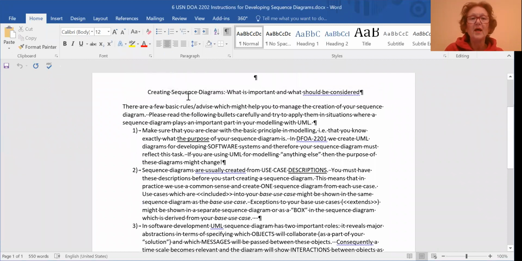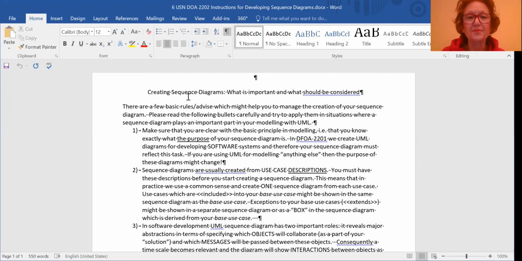We are talking about issues which are related to the purpose and the existence of these diagrams. And what you need to remember, in general, there will never be a question in the exam which covers this. But in order to really understand its purpose, you must be familiar with these bullet points,